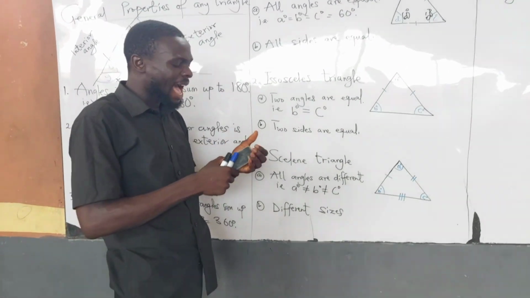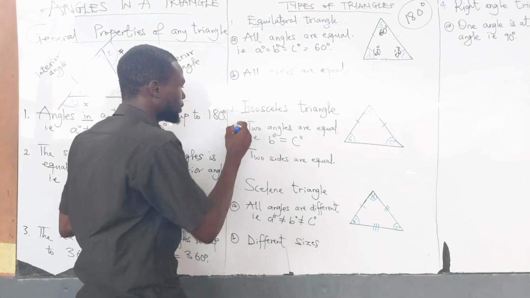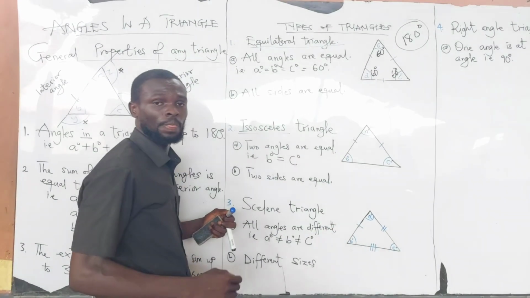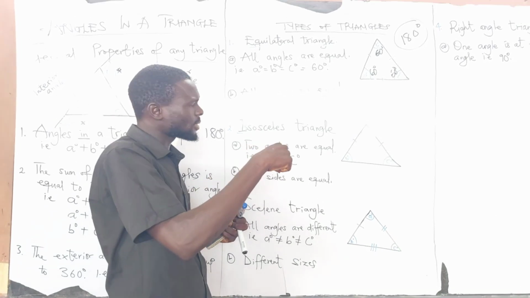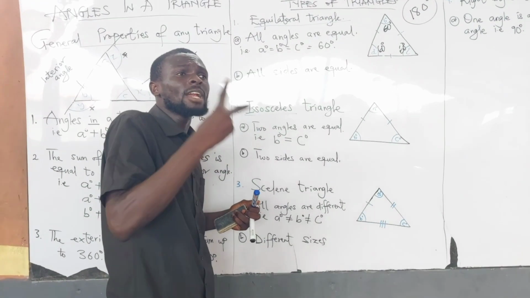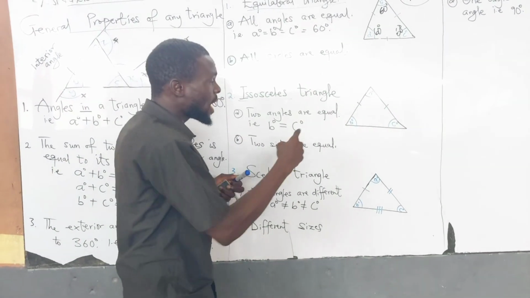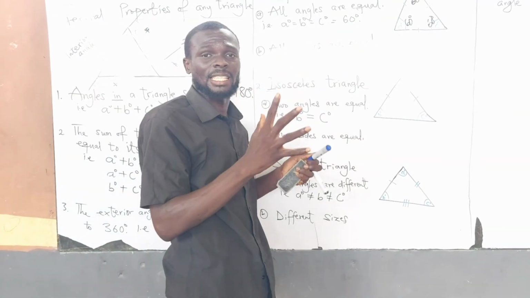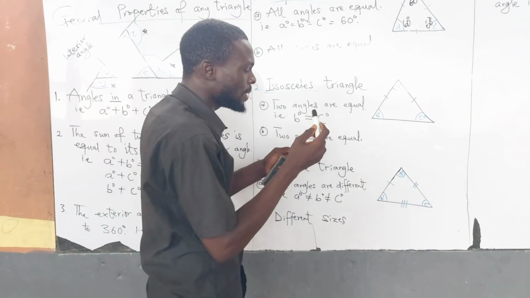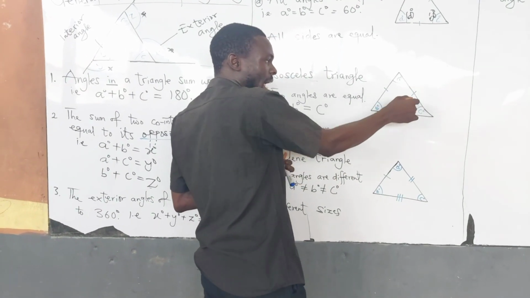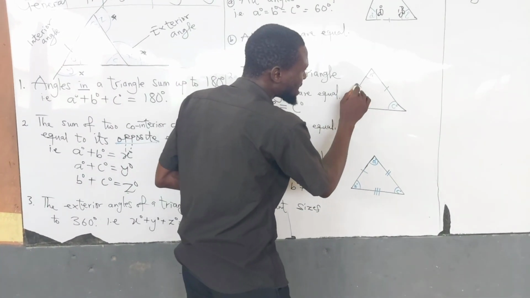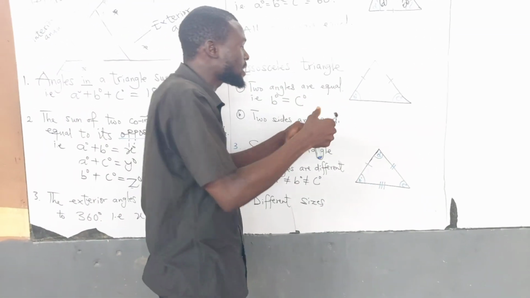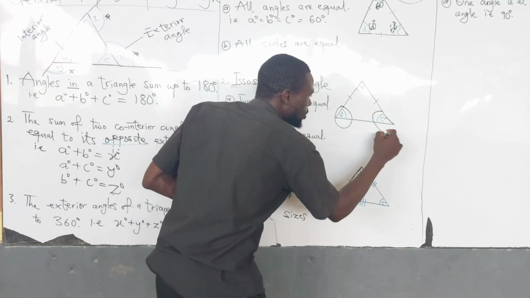Then the second type, we have an isosceles triangle. Now, in terms of shape, you will be able to determine that this is an isosceles triangle when two sides are marked. When they mark two sides of the triangle, that means that triangle is an isosceles triangle. So it means that this side and this side are equal. Now, once this side and this side are equal, the angles created at the baseline, this side, the angle created here,